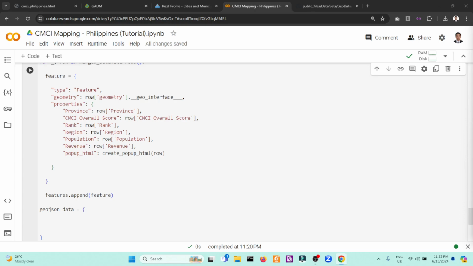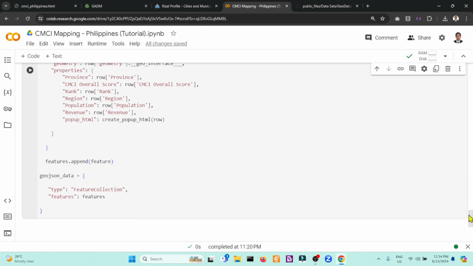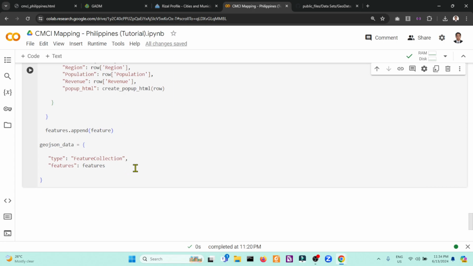So at first, we need to define the specific type. This is an advanced concept. If you want to understand this more, I advise you to Google GeoJSON data, specifically the feature collection property, and also the defined features, which we constructed as features. So the feature collection and the features sets the features property to the list of features created in the loop.